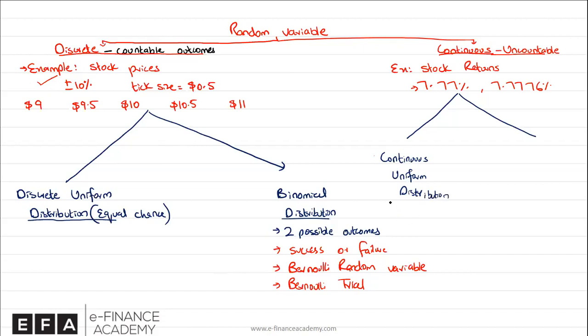While under continuous uniform distribution, the probability of all outcomes, but the outcomes are not countable, is equal, right? But can we count the number of outcomes? No. So the data is uniformly distributed. That's how it would generally be. On the other hand, we have another type of distribution which is called normal